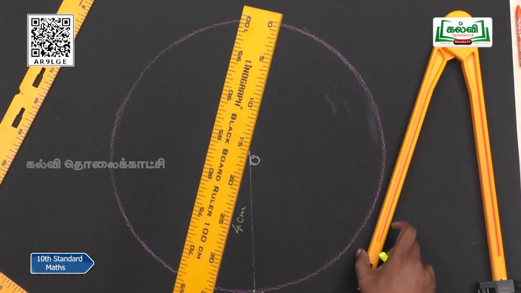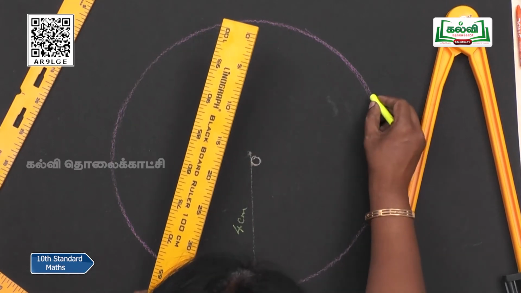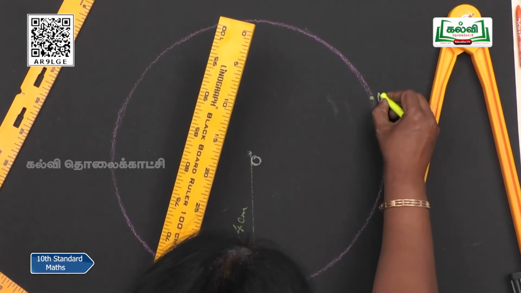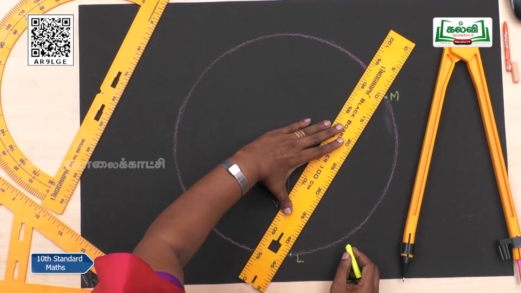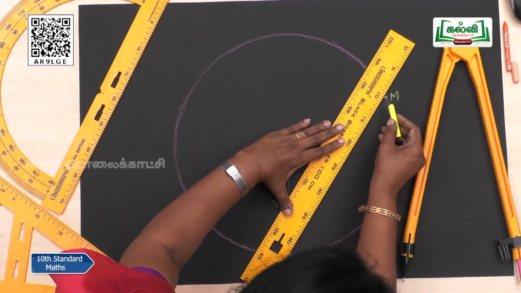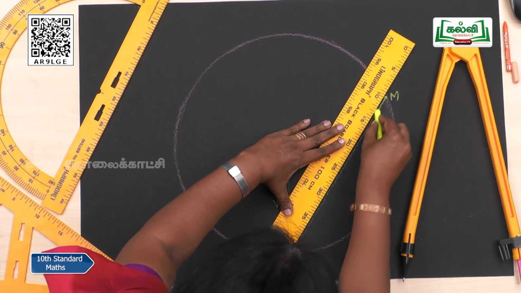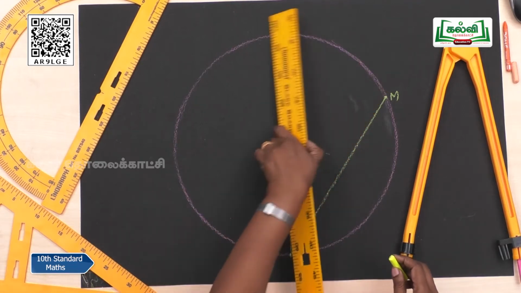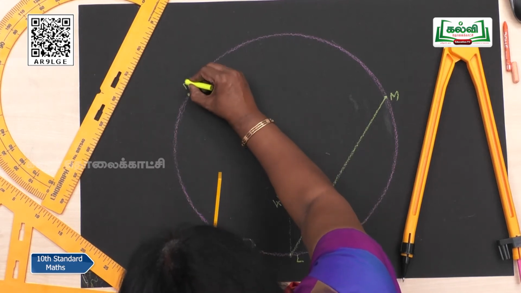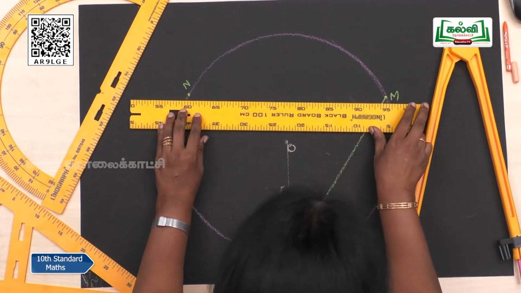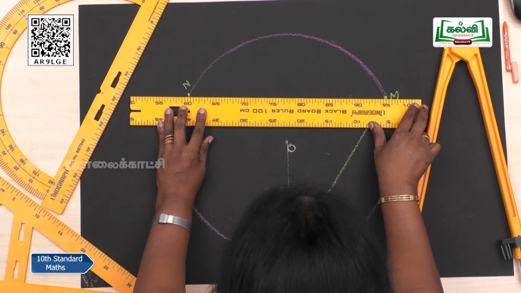Now, I told you already that you are going to draw a chord. LM is a chord. So, I can mark one more point here, that is M. Join L and M to make a chord. Next, somewhere around this side you have one more point N. Join like a triangle: M and N can be joined, and later on L and N also you have to join.